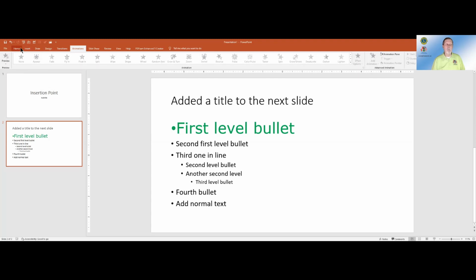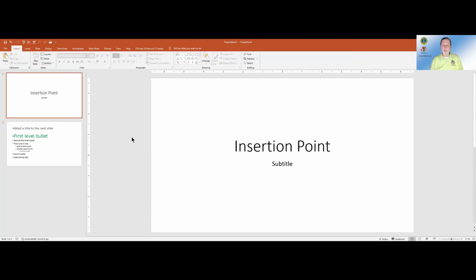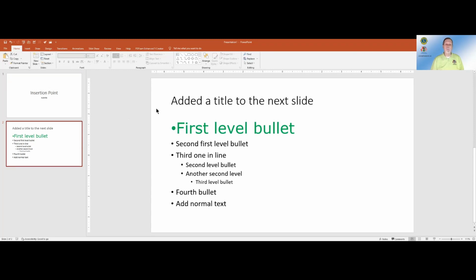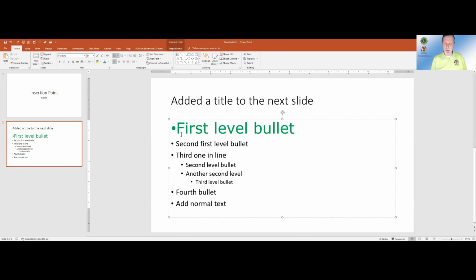Primarily the Home tab. So if you click on an area outside of text, all of these tools are not available. If you want these tools to be available, you must be active in some text area, and then you're good to go.